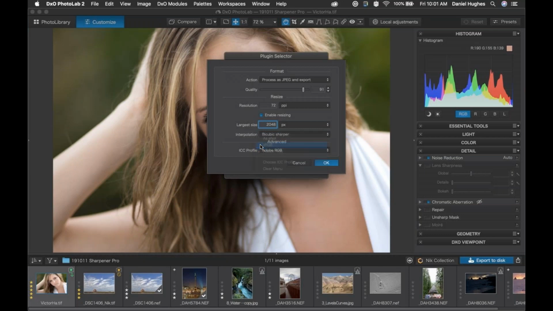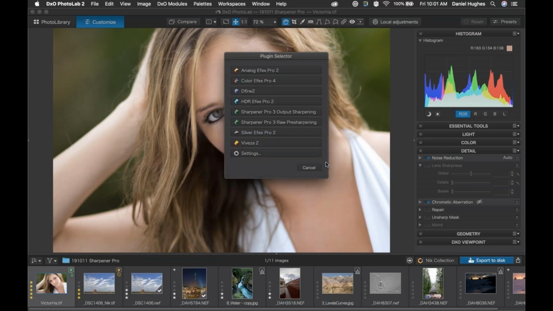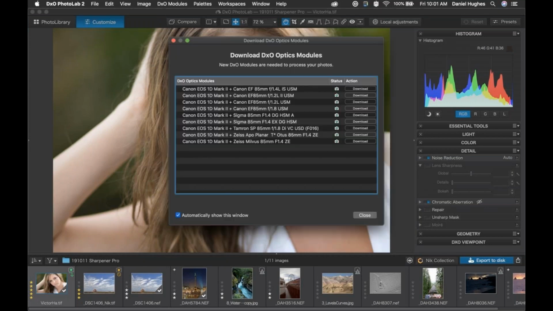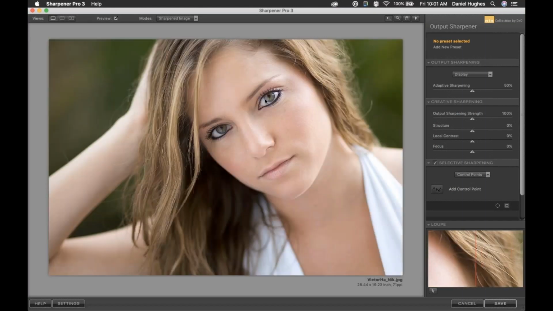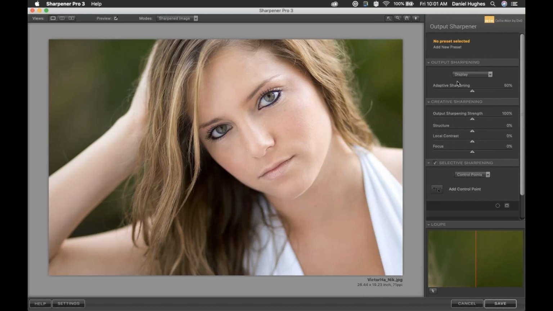So I'm going to switch that to sRGB, because most browsers and most computer monitors are still dealing with sRGB color space. So we'll click the OK button, and then we'll go into the output sharpener. It's still mad at me for not downloading those modules. So here we've got our image, and it is optimized for